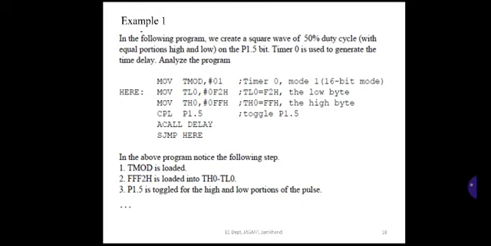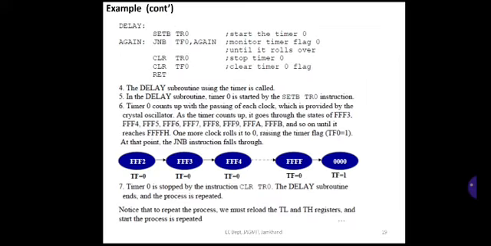When call delay is executed, it transfers the control to the delay program. So this is the delay program. In the delay program, set bit TR0. So timer 0 is started now. To start timer 0, we have to use the instruction SETB TR0. Now observe here, the TF0 flag, that is timer flag 0, is monitored continuously. By using the JNB instruction, TF0 is monitored.